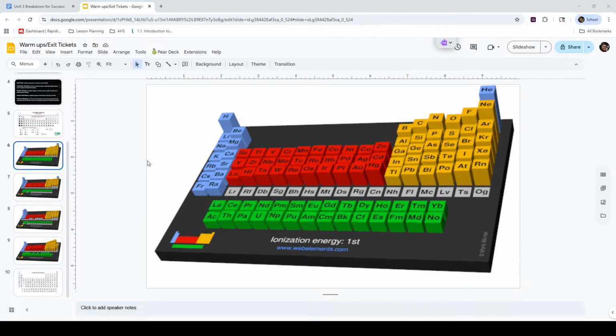So that's how it applies to electron configuration. How it applies to the nuclear charge is pretty simple as well. As I increase across the period on my periodic table, I get more nuclear charge, right? So those protons that are added,